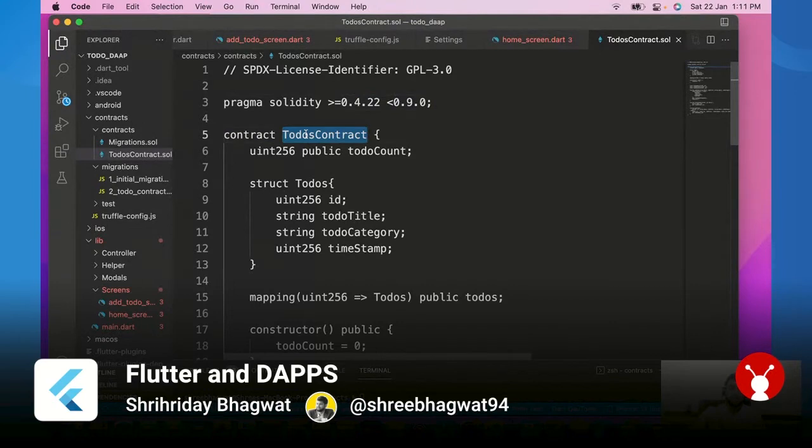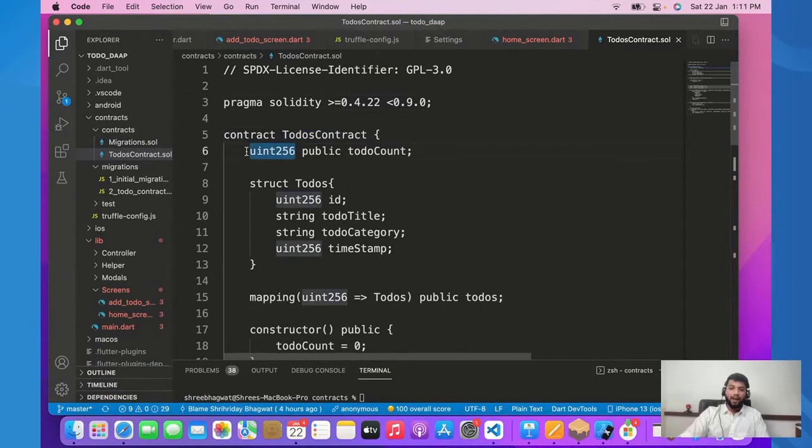Okay, because we are going to create a to-do app. Now we are first going to create a value which will hold the count of the to-dos that we have. So if we have one or two or three, whatever to-dos we have, we are going to hold the count over here. And then we are going to create a struct. I don't think I have to explain what a struct is, but it is a data structure which holds the kind of data that we need. So we are going to create a struct of to-dos, and it will take a uint. A uint is kind of an unsigned integer.